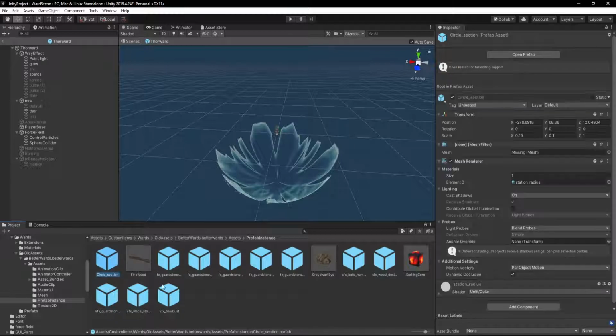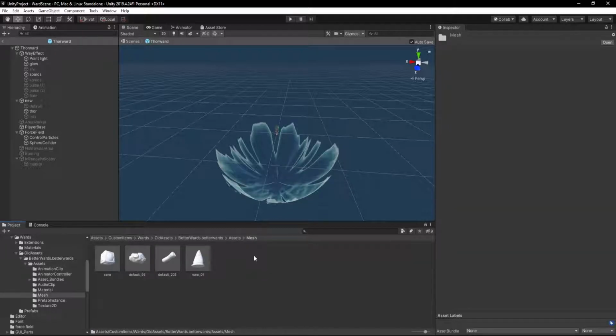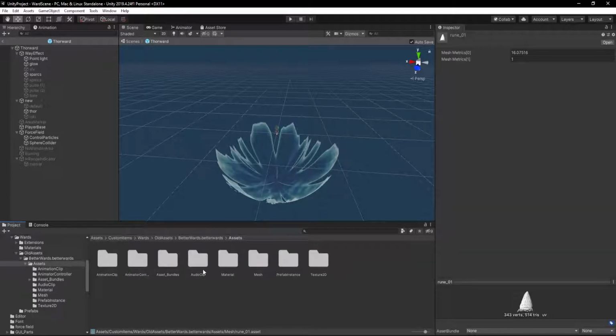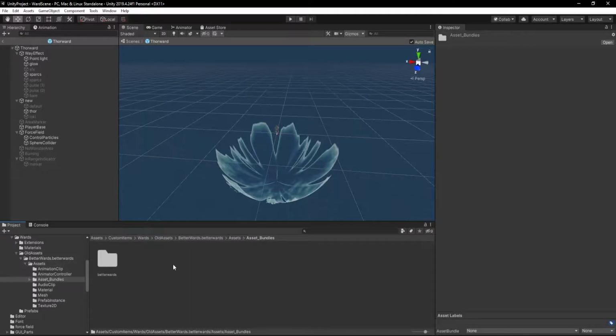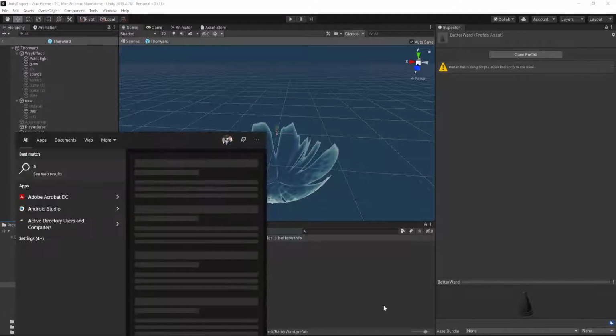In this case, the circle section, sawdust, anything that it did reference, we can reference again if we need. But the main thing I need is my mesh and my actual prefab itself. So prefabs, I know the prefab instance says, hey, it's in instances. It's actually not. It's going to be under asset bundles, better wards, and then right here is all of my better wards again, all in native format, which is .prefab. In Asset Ripper, so I'm going to open that back up